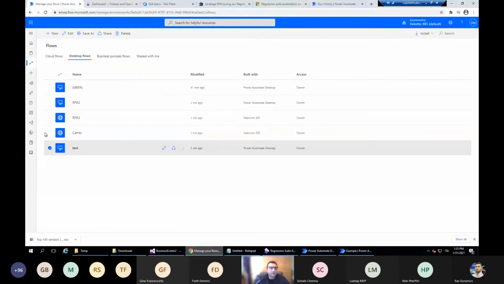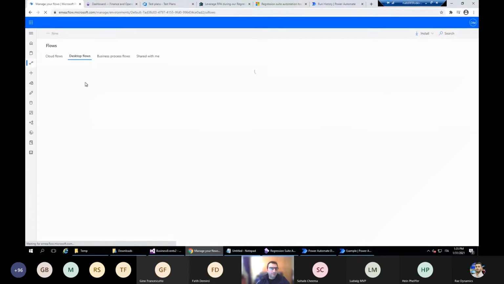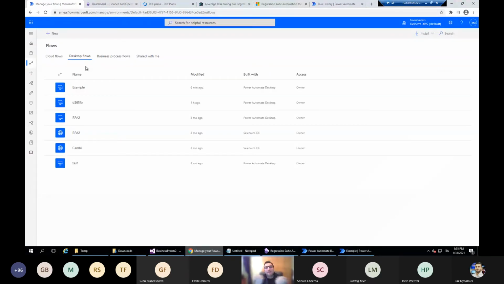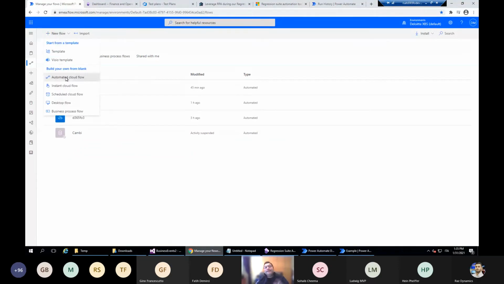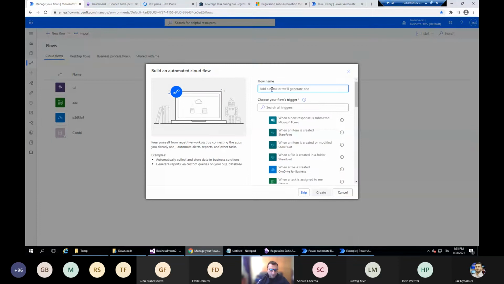Here, if I refresh, I'm expected to find the example flow, because when you save something on your desktop, everything is saved in the cloud. So if you see now, the example also appears. If you start an automated flow, let's say automate, how to trigger the event, an external event, like an external system sends something to you and you need to move it